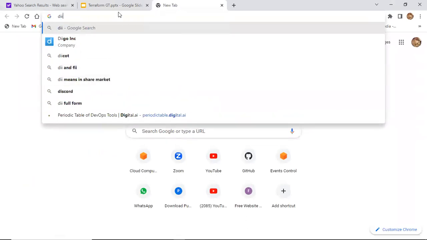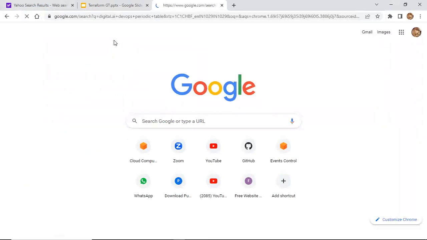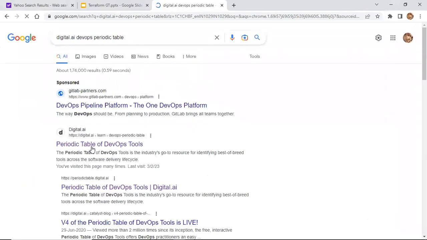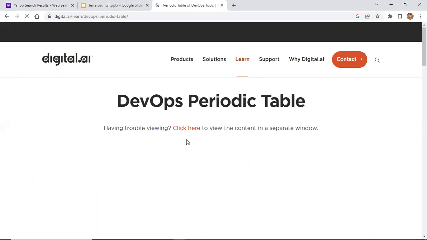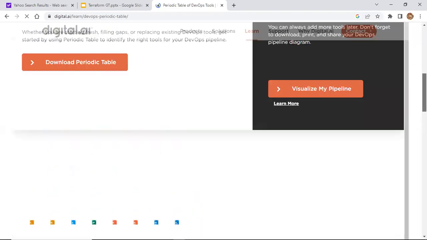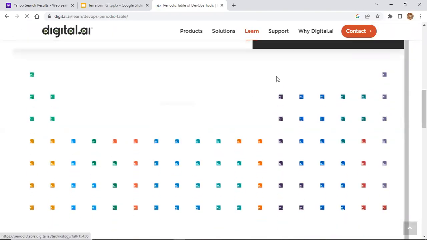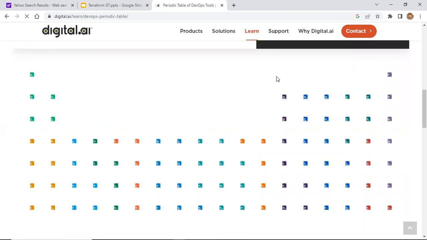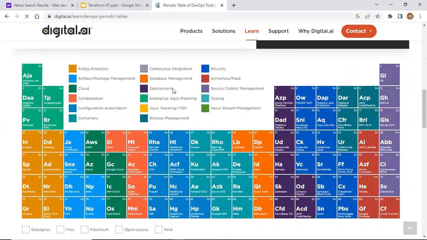Digital periodic table of DevOps tools. Here you can see in the configuration automation category, we have Terraform as well as Ansible.